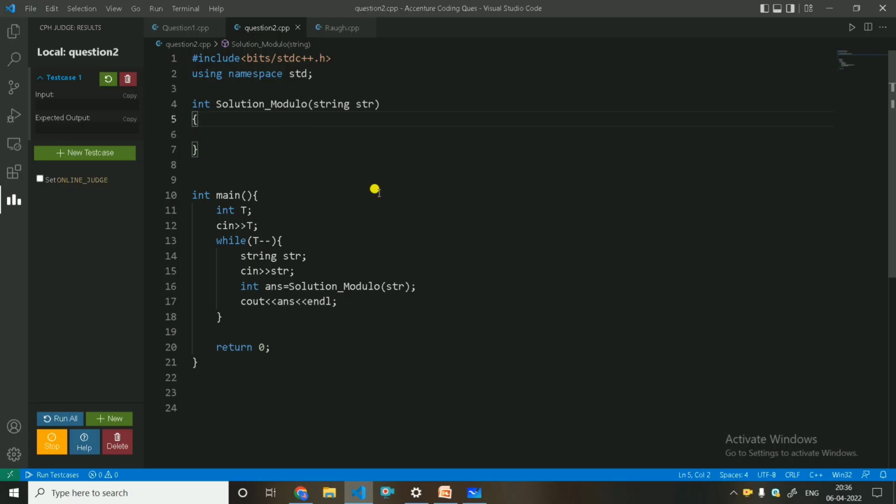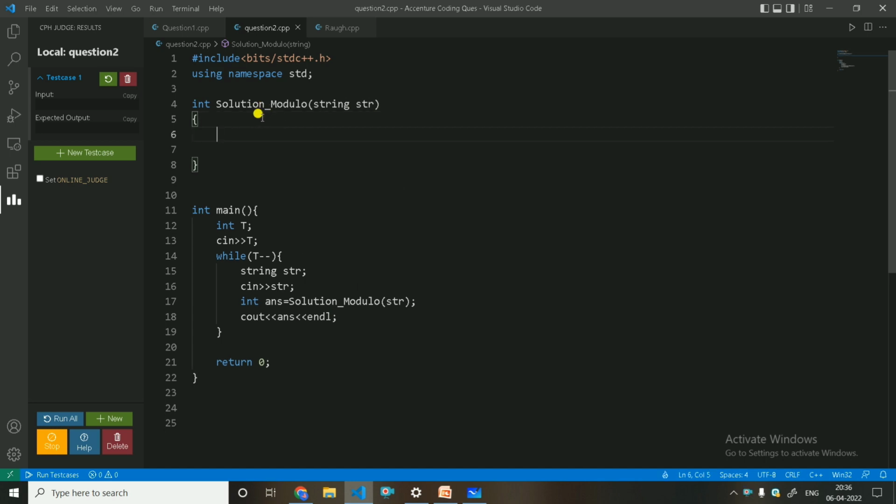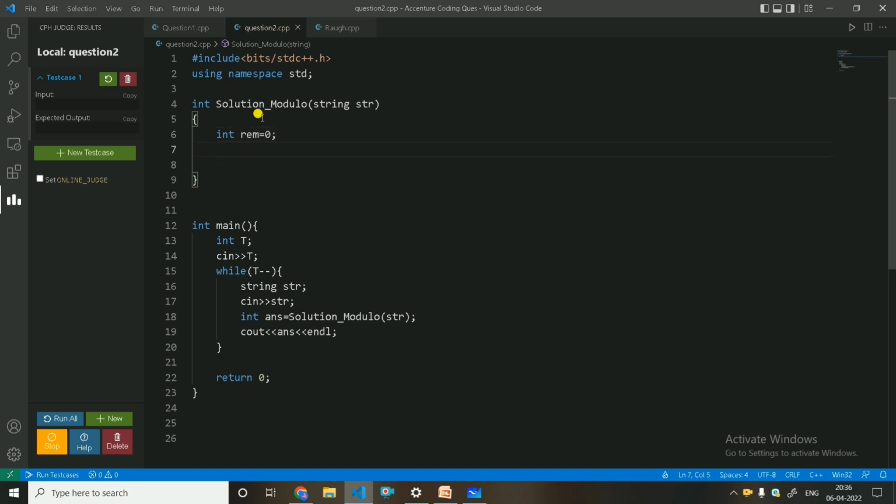Okay, so we have passed the string, and now first of all we take the remainder as 0: int remainder is equal to 0. And we will traverse the string: for int i equals 0 and i is less than string dot size, i plus plus.